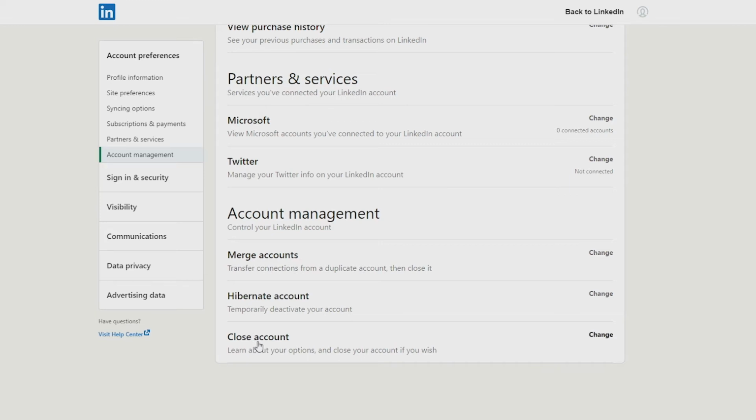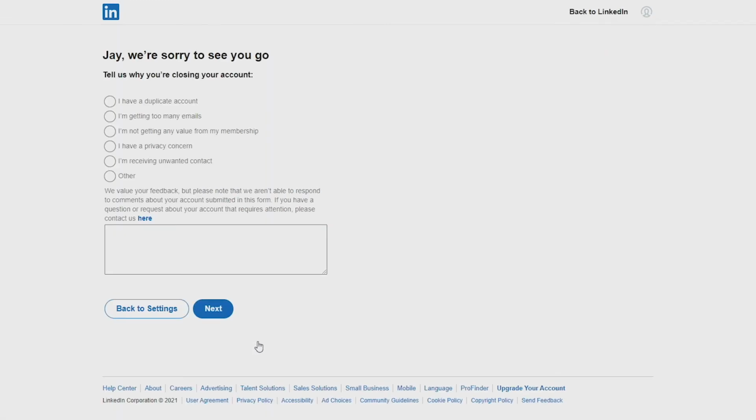So just click on it, and if you have a premium account, it will stop you here and tell you that you need to downgrade to basic before you close your account. So if this is you, you need to do that first and come back to this page after. Anyway, let's continue. So it will bring you to this page that says, "We're sorry to see you go," and